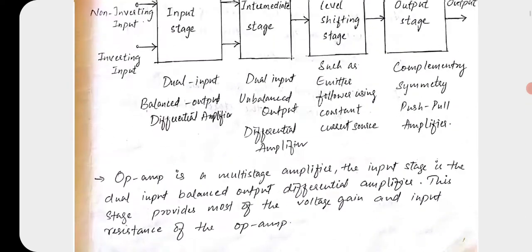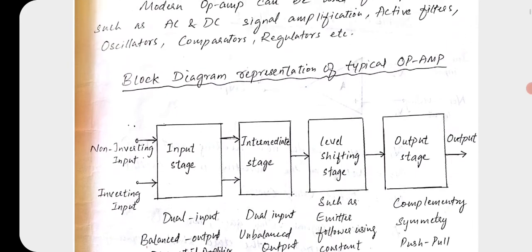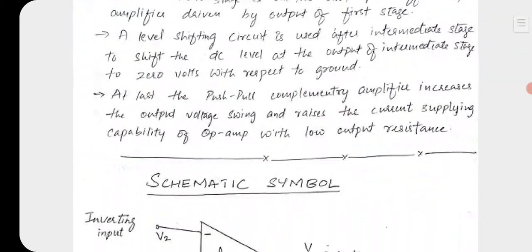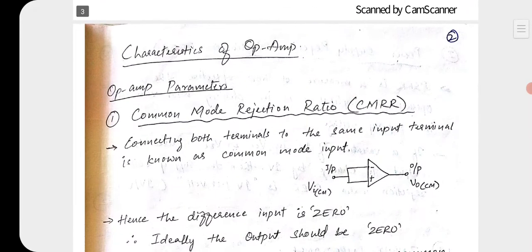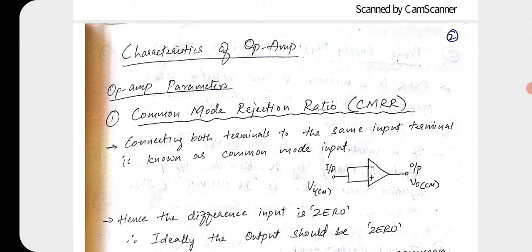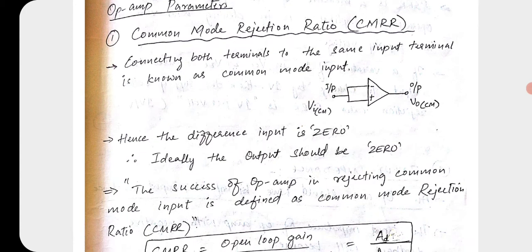So this topic is there. Block diagram, very important topic. This is how it is represented. Characteristics of op amp, very important topic for your exam. Sometimes there are 5 to 6 characteristics. Out of these 6 characteristics, he can ask you only one or only two characteristics also, that too for 6 marks or 8 marks. Only two. You should be able to describe it.